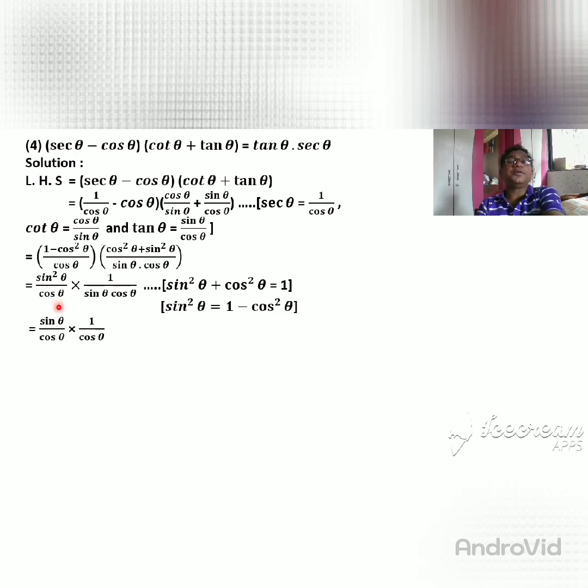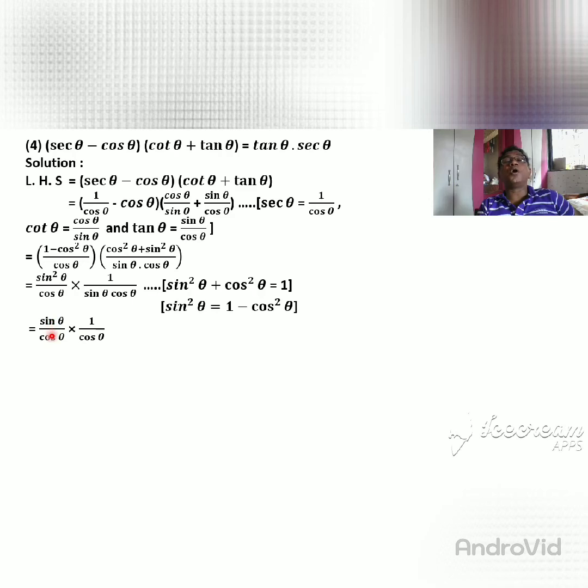Okay, so that denominator is 1 upon sin theta into cos theta. So sin theta cancels, and here only sin theta remains. Is that clear? We have sin square theta upon cos theta, so this sin theta is going to cancel. What remains? Sin theta, divided by cos theta. This sin theta is cancelled with this sin square theta. What remains? Cos theta. So 1 upon cos theta.